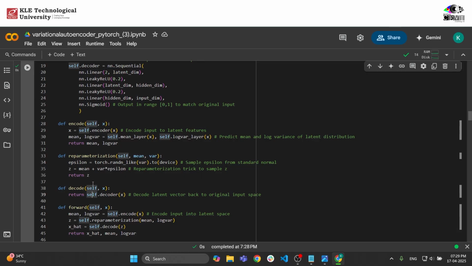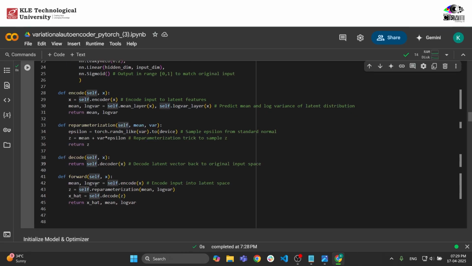The decoder ends with a sigmoid activation function because we assume the input data is normalized to be between 0 and 1. The encode function passes the input data through the encoder and produces the mean and log variance, which define the latent space distribution. In the reparameterization step, we introduce random noise, epsilon, and use the mean and variance to create our latent vector z. This trick, called the reparameterization trick, allows us to perform backpropagation through the sampling process, enabling proper gradient flow